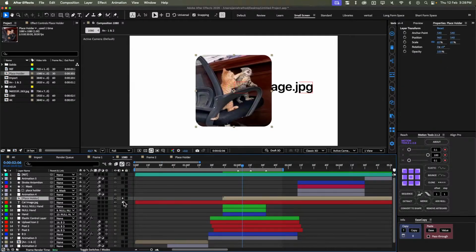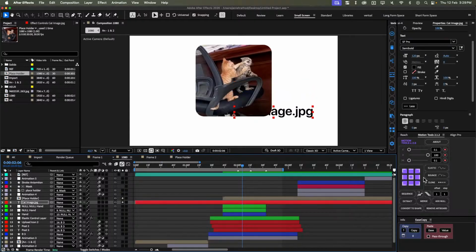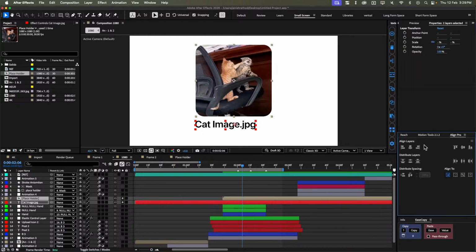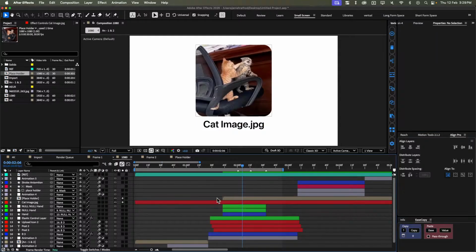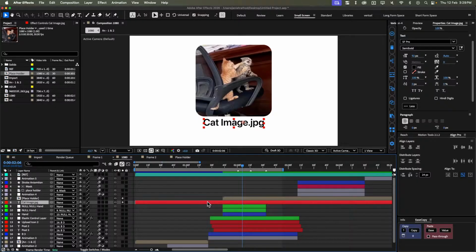Let's solo these layers. Move this up, move this down. Center the anchor point. And let's set this to 112 or 92. And let's add some spacing like 42 or 24. This,